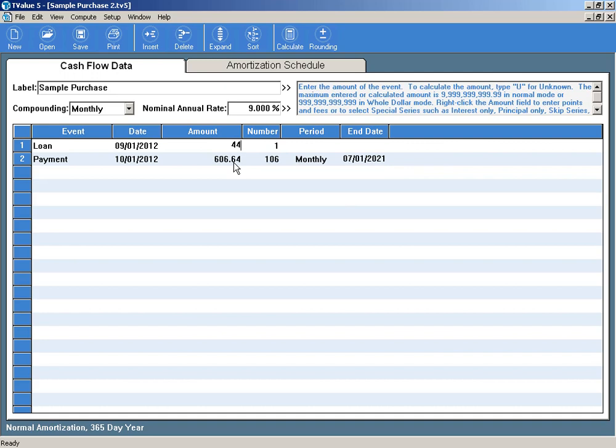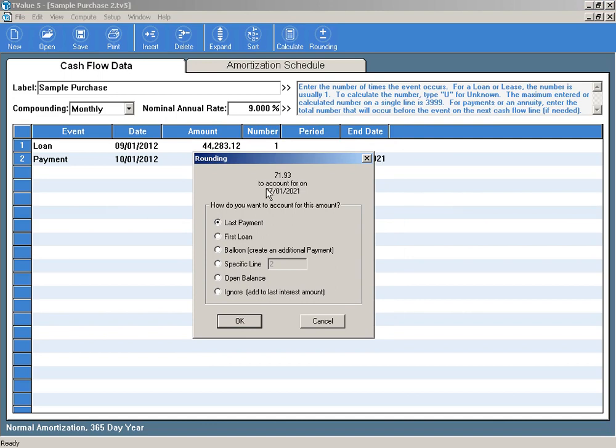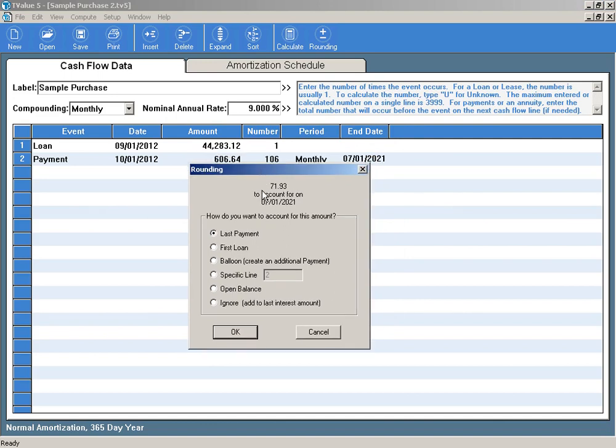So if it were $44,283.12, and I wanted to see how many cash flows I would get in TValue, I put unknown there and I calculate. Now what happens, I get this rounding amount, and what this means is that the investor would get 106 cash flows or 106 payments of the 606, and then this odd amount is just different than the 606. So essentially, it's either a last payment of $71 plus interest,